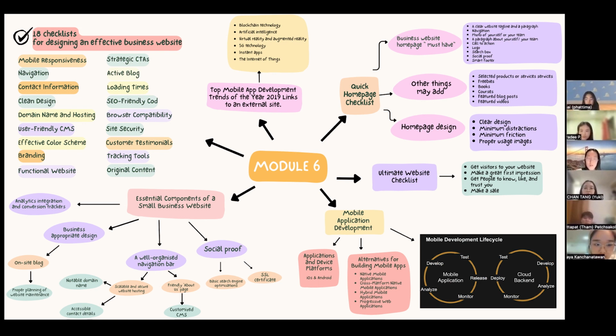So next is the top mobile app development trends of the year 2020. There are 6 main trends. Let's start with the first one, which is blockchain. Blockchain technology has helped so many startups and businesses create their own blockchain-powered apps, smart contracts, and blockchain-based software solutions. It provides features such as sending push notifications, managing users of your apps, and connecting third-party cloud